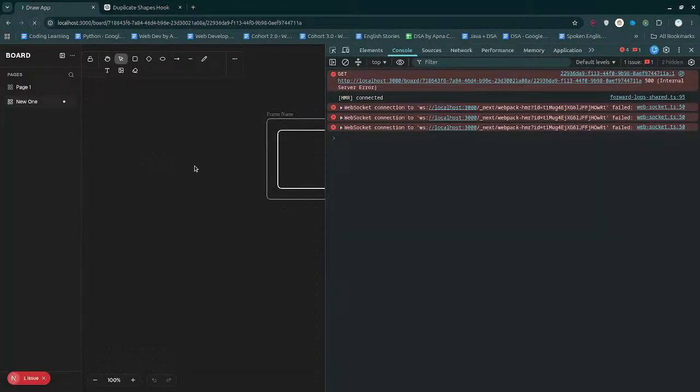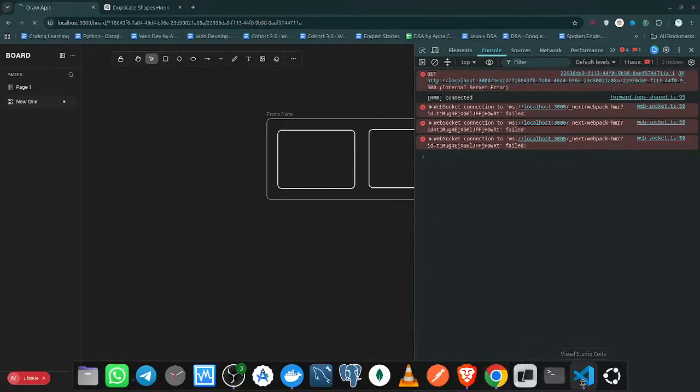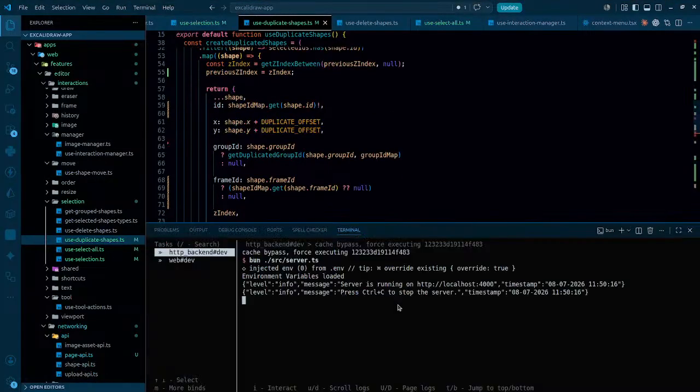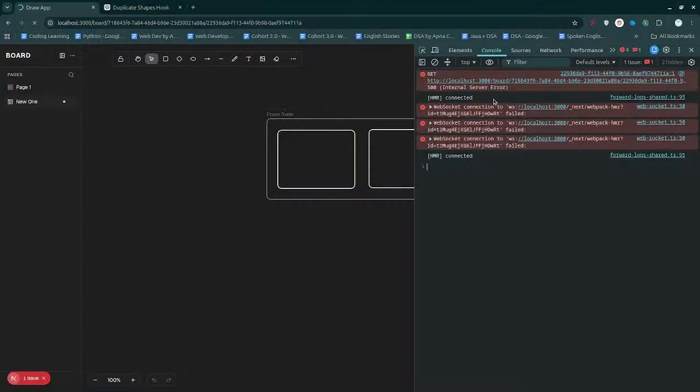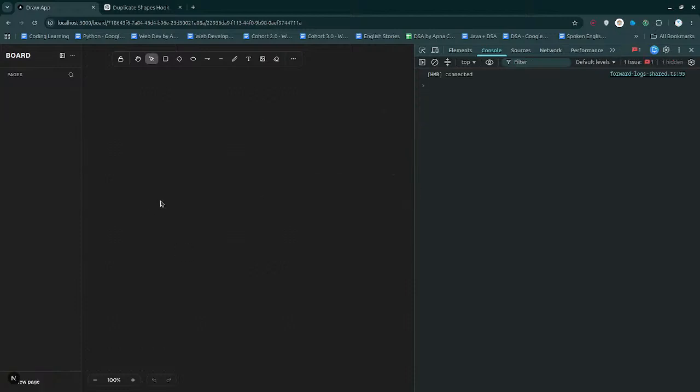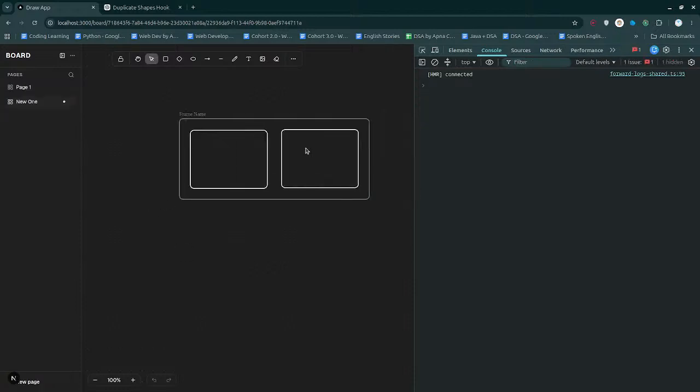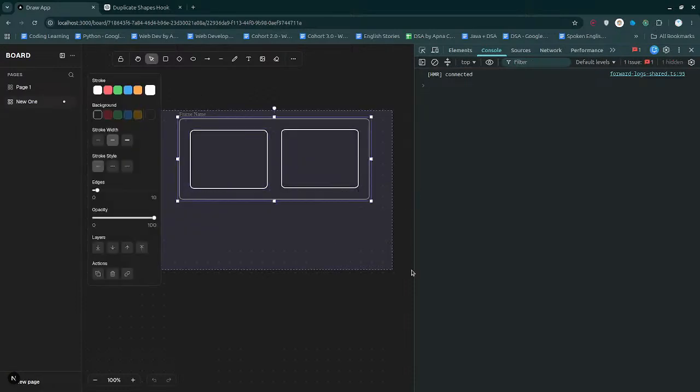If I just simply reload the page, it's just simply starting again, not bad. That is fine. If we just simply duplicate this,